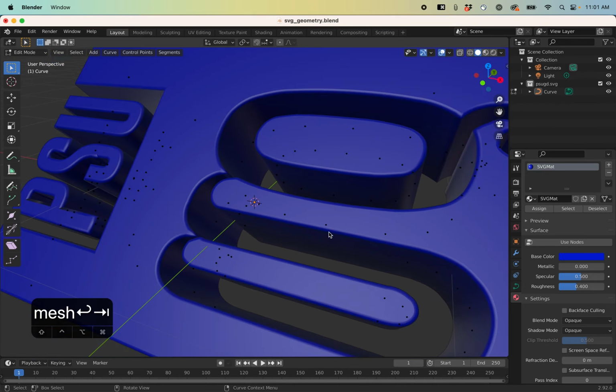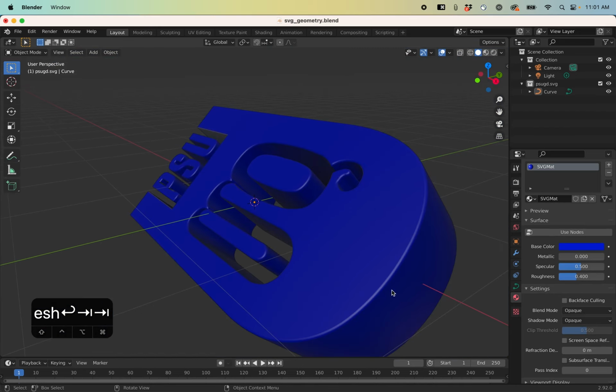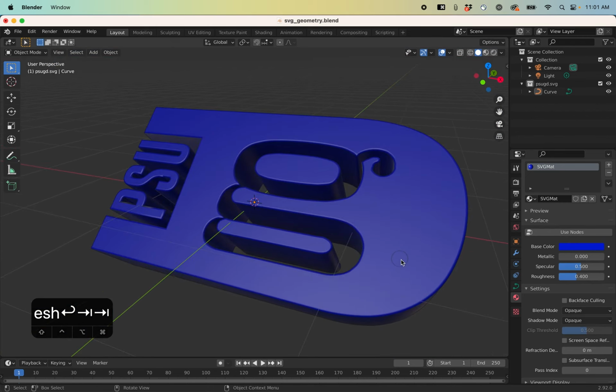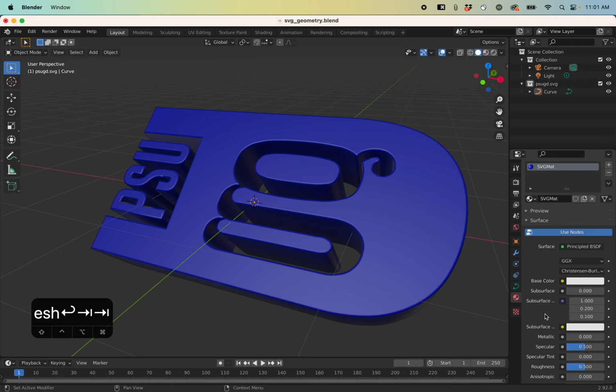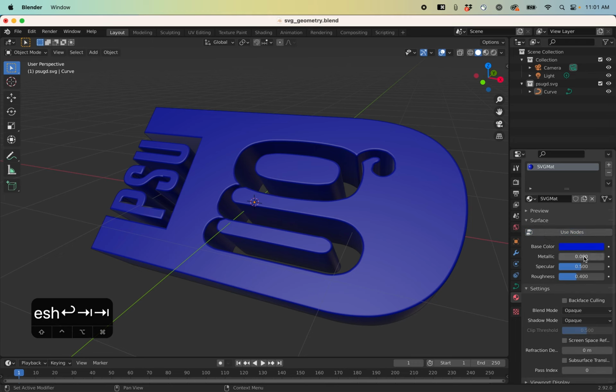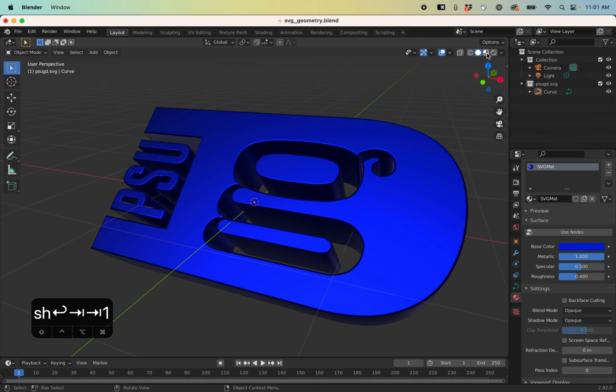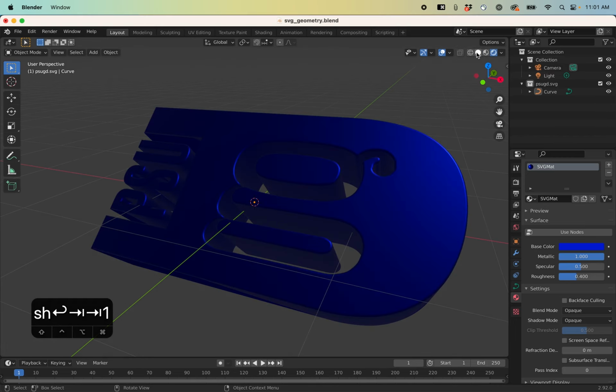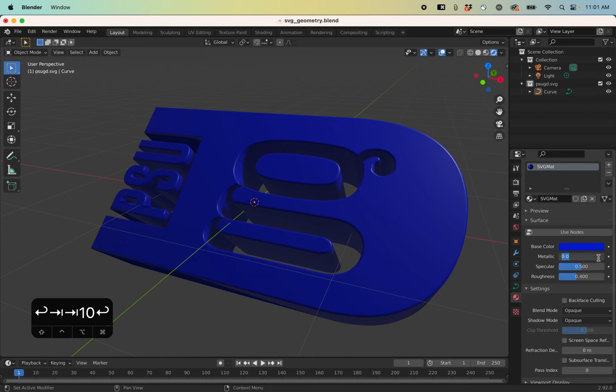One thing I want to just show before, and I can do this to both of these files, but obviously there's a lot to go into regarding the materials. There's this node-based system that you could use, but I just want to focus on these bits and pieces. One thing we can do is start to add a metallic quality, which is kind of like a shininess. If I put that up to 1, I want to also make sure that I'm on this shading view, which has the lights in it, so you can see as I toggle between these,